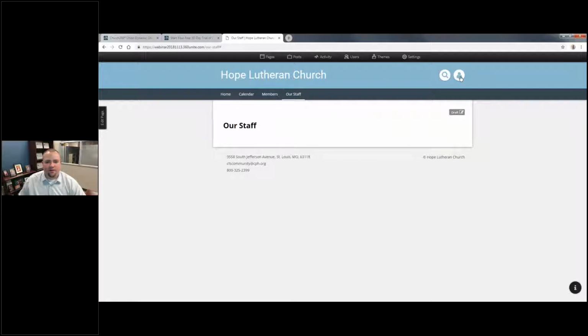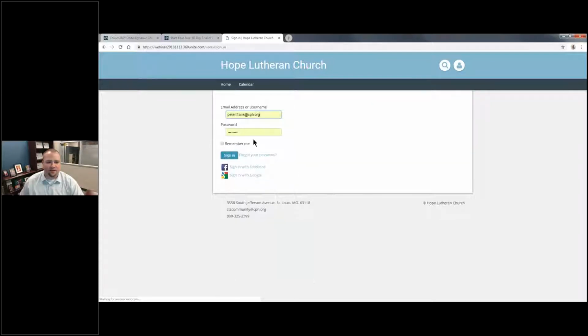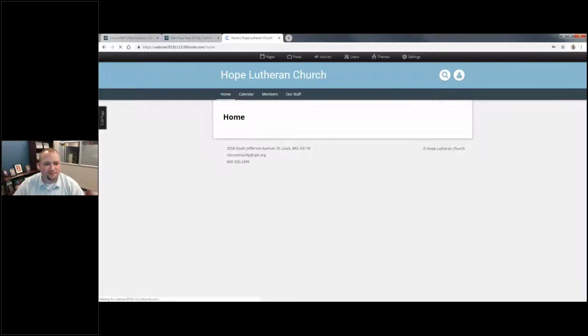Now, if I log out of the site, it will not show up because it's still a draft. In fact, the members page doesn't show up either. That's the directory. We'll talk about that in a bit. See, this is the visible site, and only pages that are published and public show. Keep those things in mind, published and public. I'm going to sign back in again. Hopefully I remember my password. There we go. Now that I'm signed in, again, I'm signed in as an administrator,